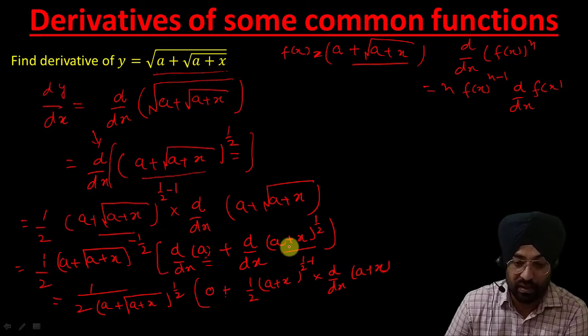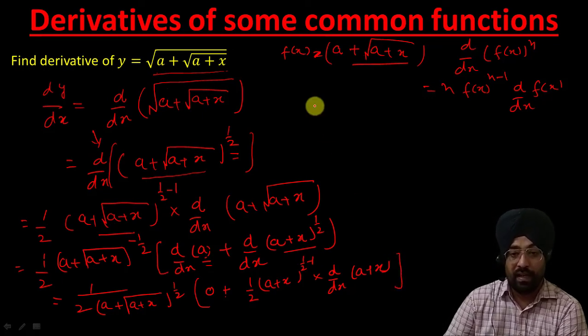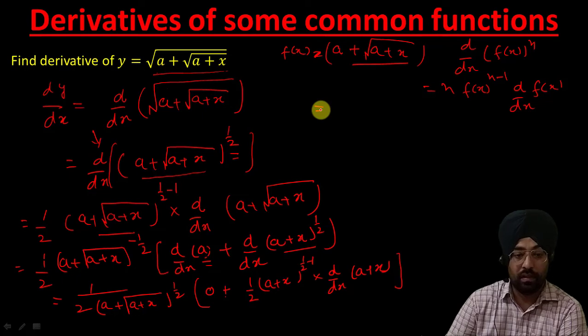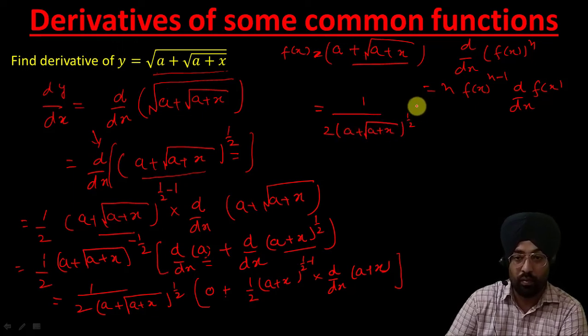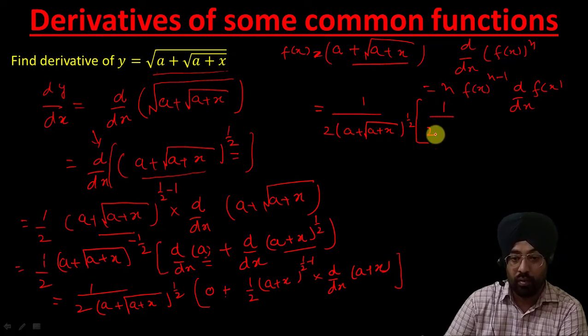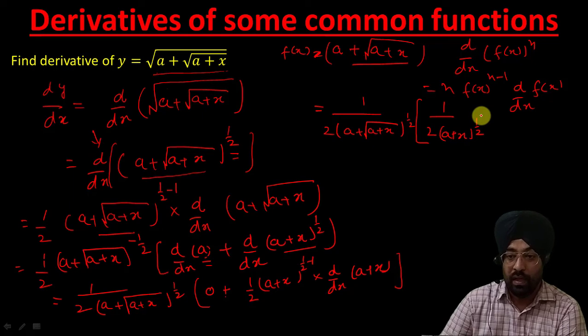Now because we have a function which is a plus x, it becomes 1 by 2, a plus x square root whole to the power 1 by 2 in the bracket. This is 0, so it becomes 1 by 2, a plus x to the power 1 by 2. It becomes half minus 1 minus half. When I take this in the denominator, it will become a plus x raised to the power 1 by 2 into,